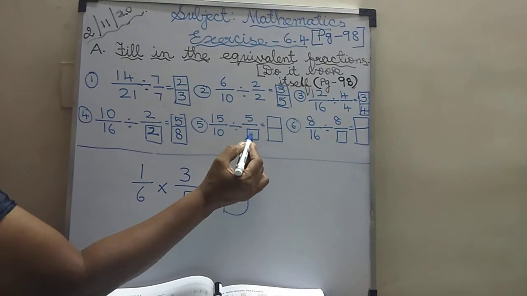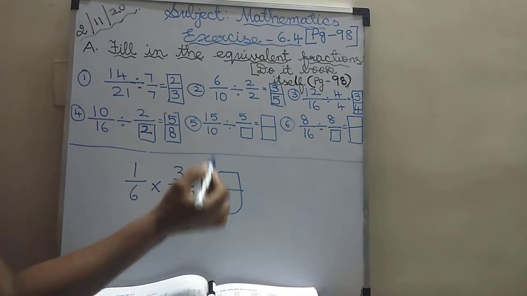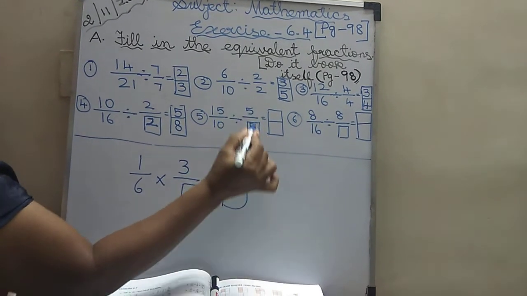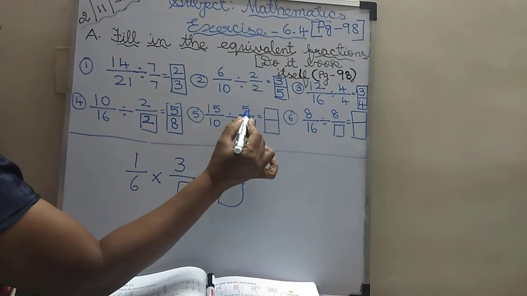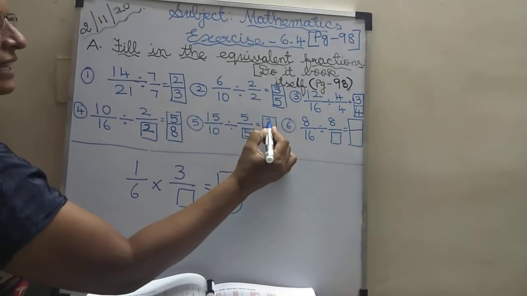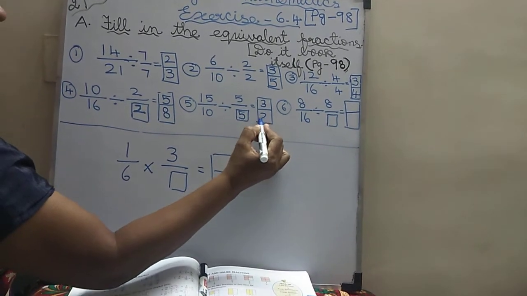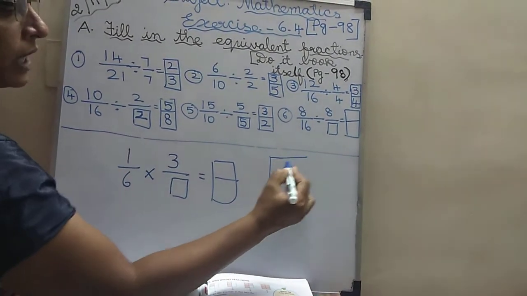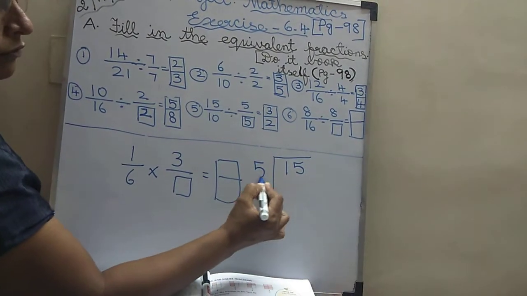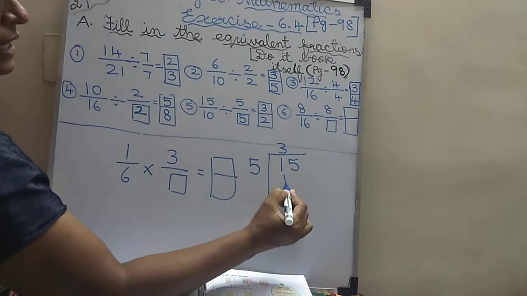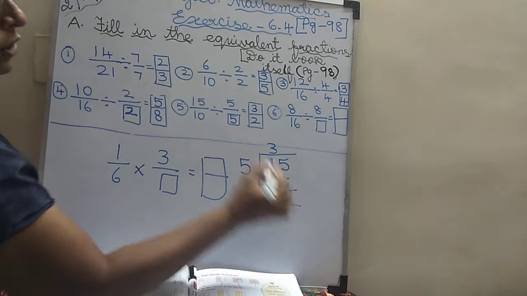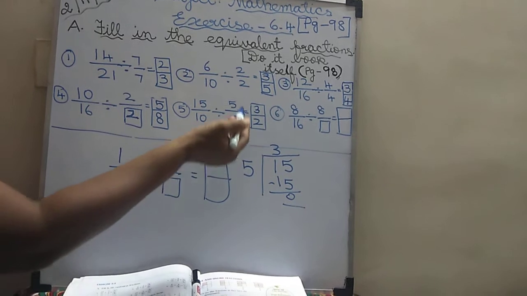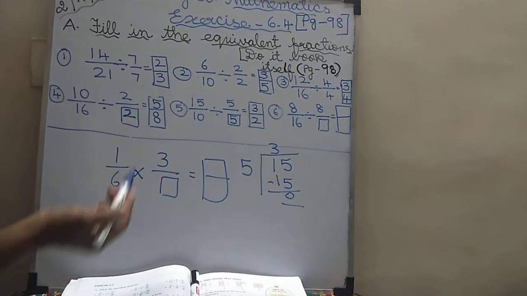And here the fifth sum, 15 by 10 divided by 5. Here they have given fill in the boxes. So what will come children? Any guess you have? 5, because the same number should be written here. You have to say the 5 tables. 5 3s are 15 and 5 2s are 10. Easy, no children? Otherwise you have to divide like this. 15 and then here 5. 5 3s are 15, so the 3 is here. Instead of that, if you are thorough in tables, you can do it directly so that it will be very easy for you.